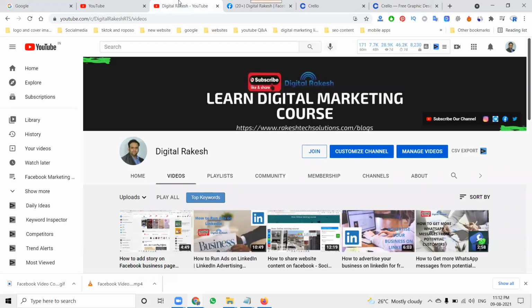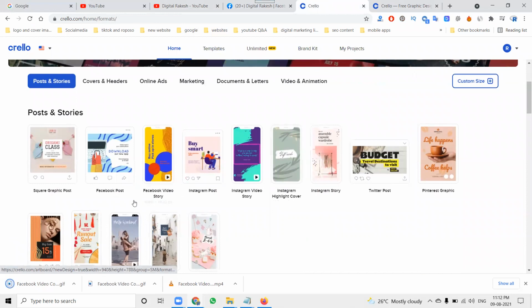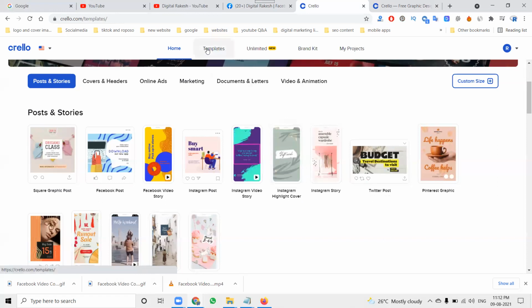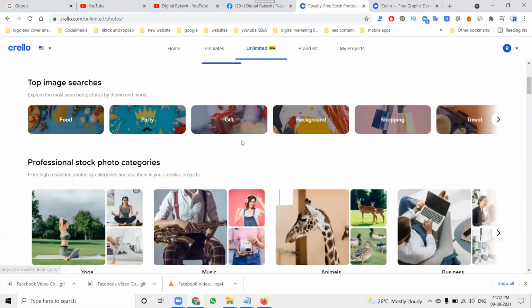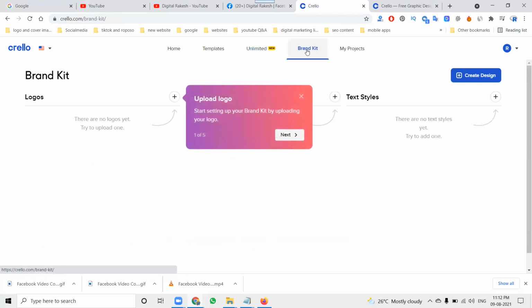One of the best websites is called Crelo. We can utilize it for Facebook, and they support square graphic posts, Facebook posts, Facebook video stories, Instagram posts, Instagram video stories, Instagram highlight covers, Instagram stories, and Twitter posts. So many options are useful for users designing images. For your templates, if you go for unlimited, there are unlimited options here and a brand kit.